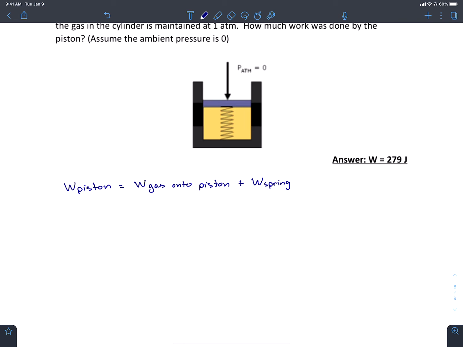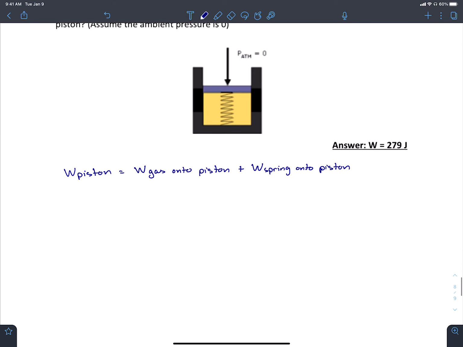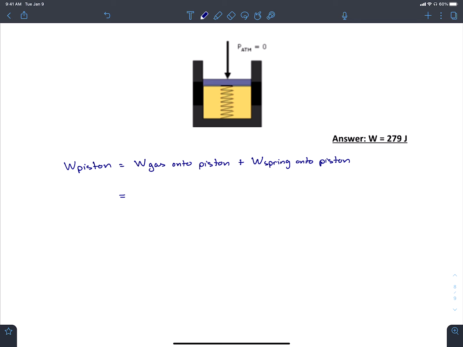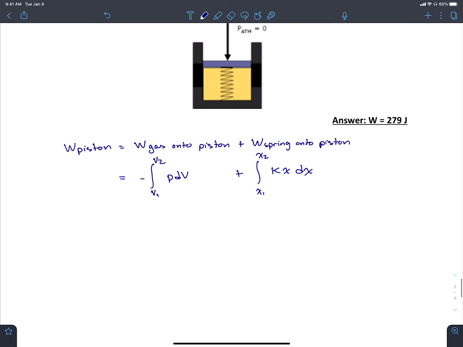So, spring work, spring onto piston. Rewriting this, I can use the same boundary equation that we've been using. I'm going to write the integral from V1 to V2 of P dV, plus, for spring work, the integral from x1 to x2 of spring constant times x dx. Okay, so now what we need to do is define, so just integrating this, we get the